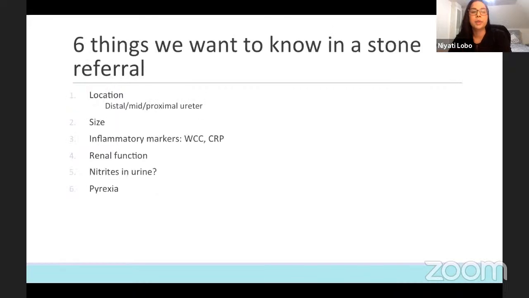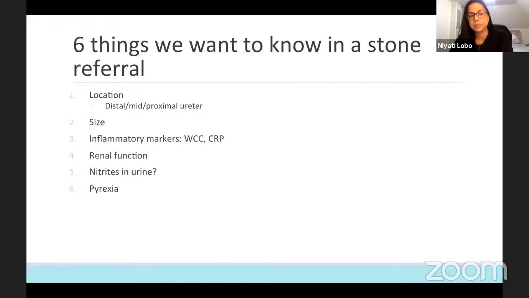You'll probably do an A&E job at some point in your career, and you'll probably be calling us to refer a stone. So these are the 6 things we need to know about your stone referral. First of all, where is it? Distal, mid or proximal ureter, so top, middle or bottom. We then need to know the size of the stone, because that will tell us whether you've got a good chance of passing your stone on your own,